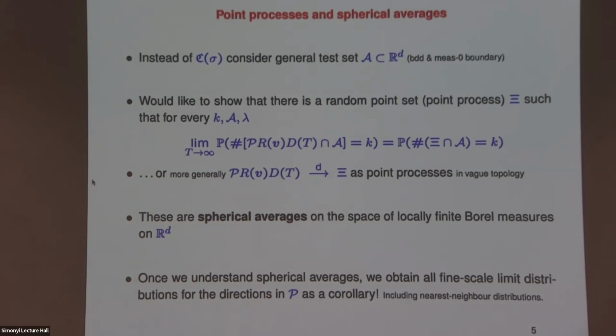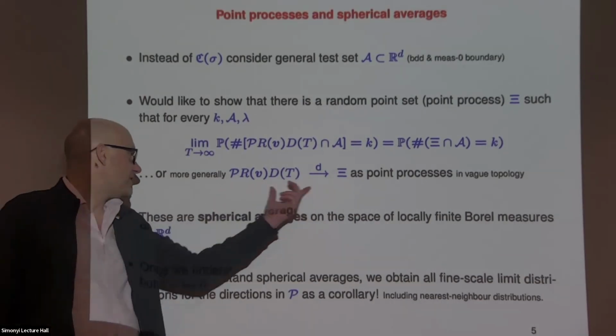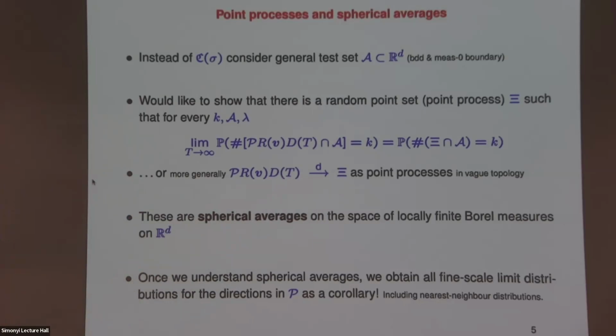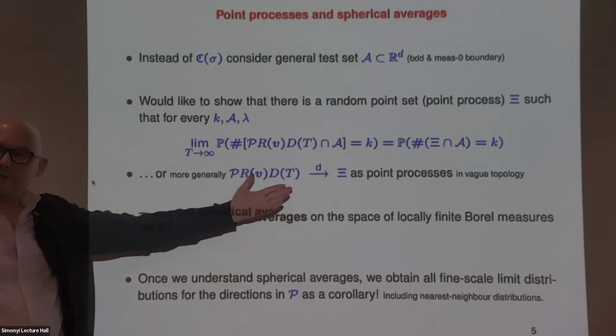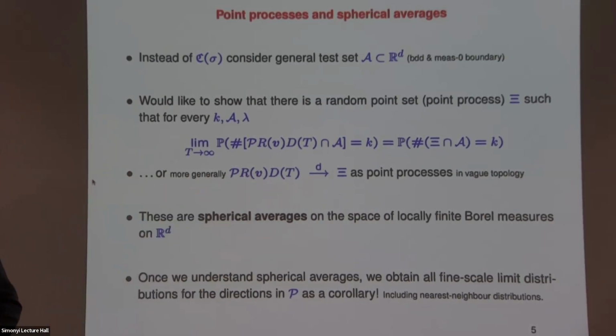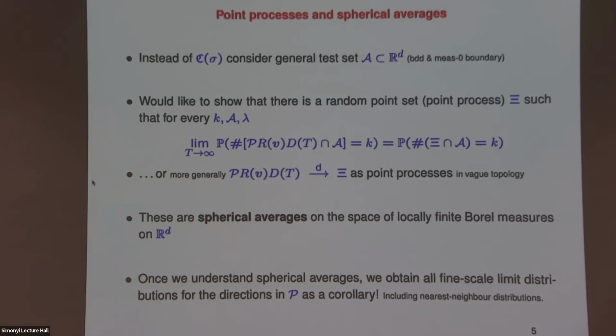And what it tells you is that if we understand this particular convergence, we get all local statistics, these directional statistics, as a corollary of understanding this type of convergence by choosing the test set to be a